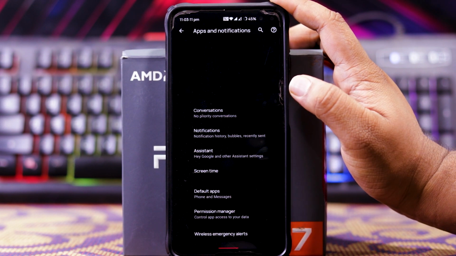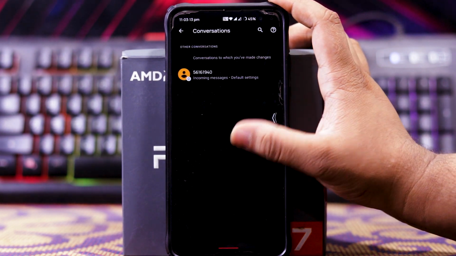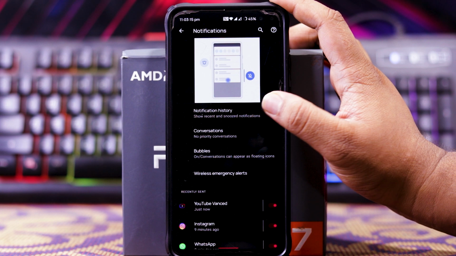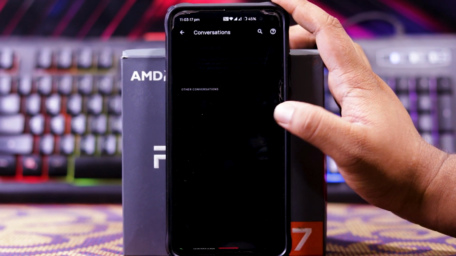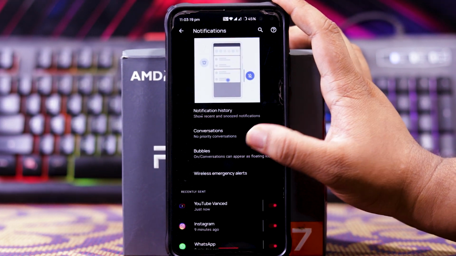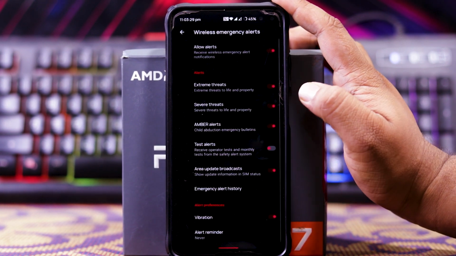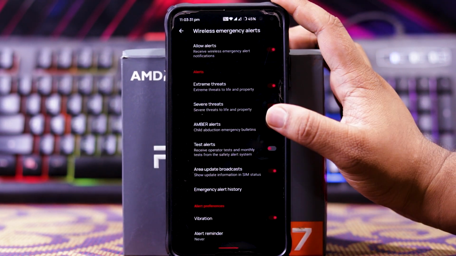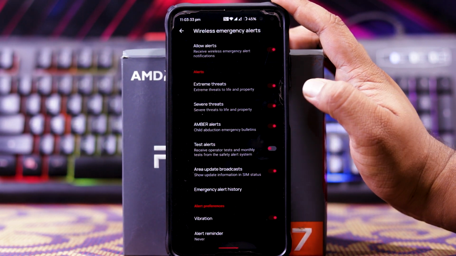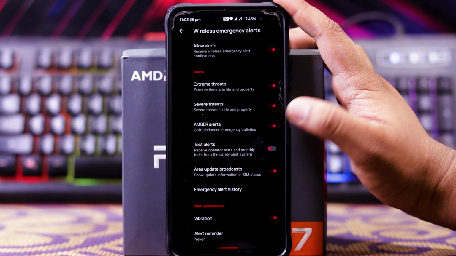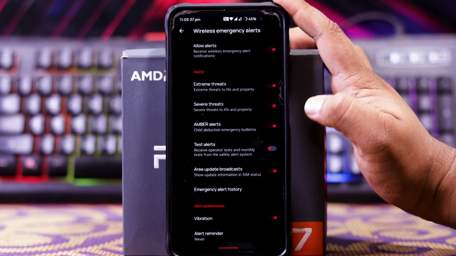And in apps notifications you get conversations. And in notifications you get notification history, conversations, and notification bubbles. Here you also get the option of wireless emergency alerts. And in this you can allow alert, extreme alert, severe alert, amber alerts, test alert, area update broadcast, emergency alert history,